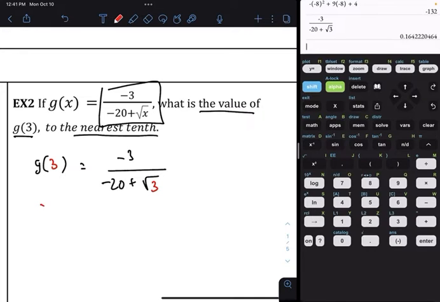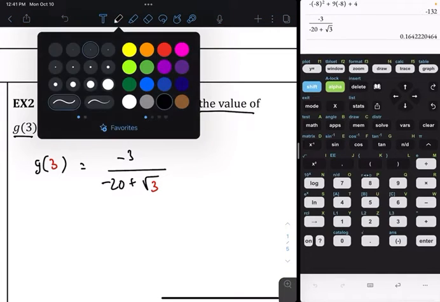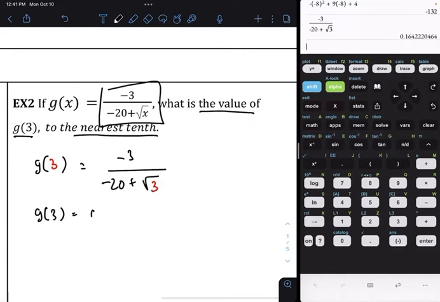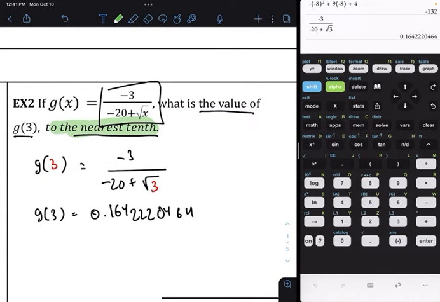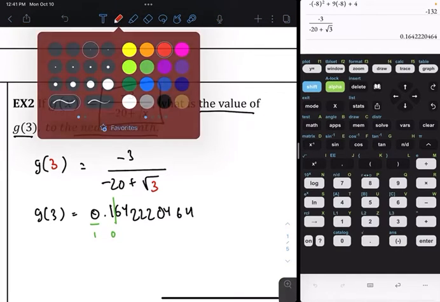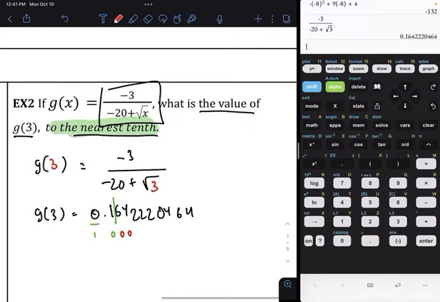That gives you, let's write everything down that you see in the calculator: 0.1642220.464. Now, to the nearest 10. What does nearest 10 mean? Nearest 10 means this is to the nearest whole number, okay? This is to the nearest 10, okay? This is to the nearest 100. If you want to continue, this is nearest 100, this is nearest 1,000, nearest 10,000, 100,000, but we want